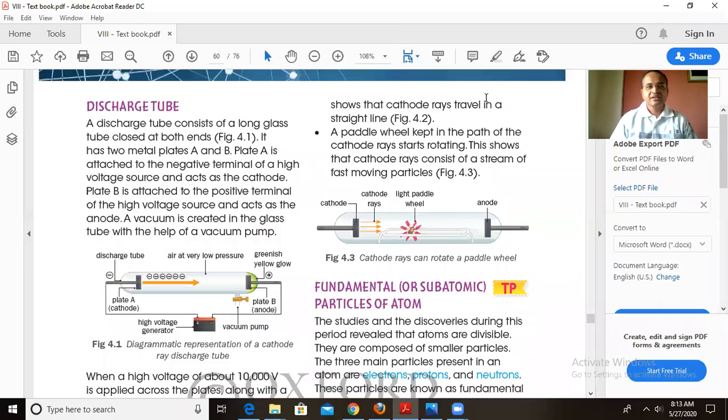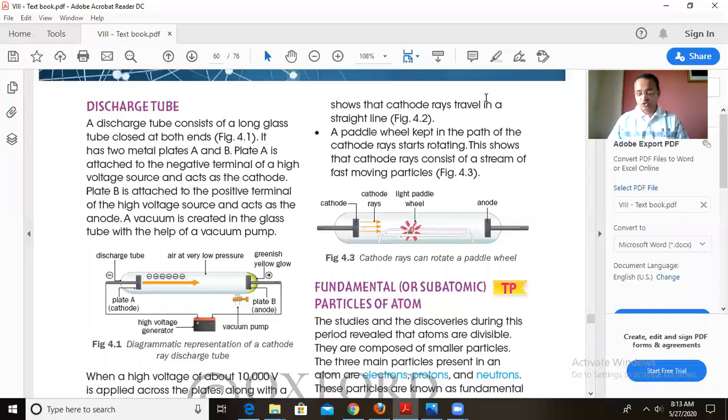Okay, dear friends, now let us start the discovery of proton, electron, and neutrons. To discover something, we require a few instruments, isn't it? In the discovery of the proton, electron, and neutrons, one of the important instruments at that time was the discharge tube. So, firstly, let us see what this discharge tube is.